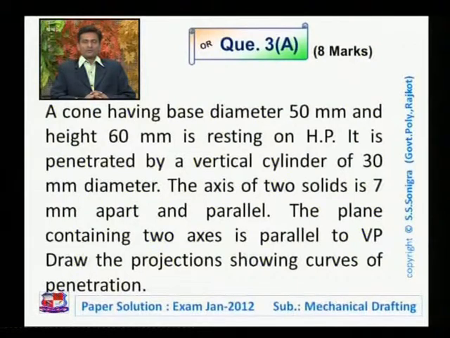So here the cone is given, diameter and height are given to us. It is resting on the horizontal plane, and it is penetrated by a vertical cylinder. So the front view and top view of the given cone would be a triangle and a circle respectively. After drawing the front view and top view of the given cone, we have to draw a vertical cylinder. So for this vertical cylinder, its top view would be a circle, its front view would be